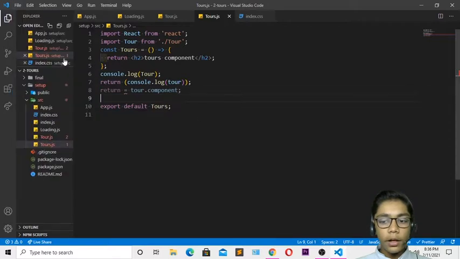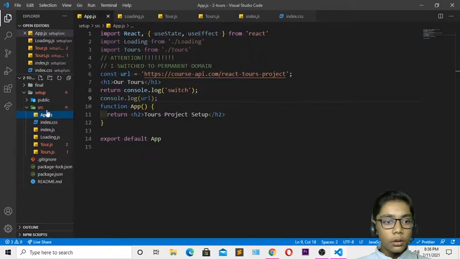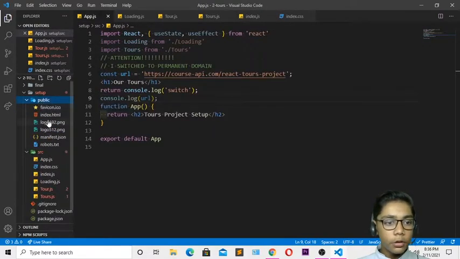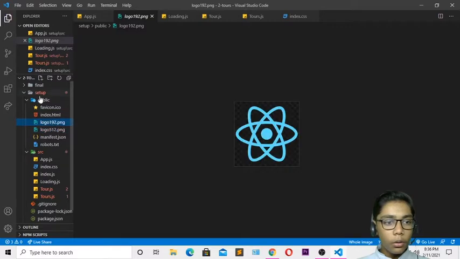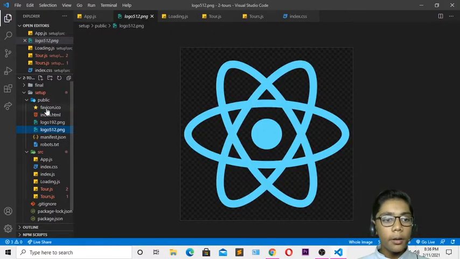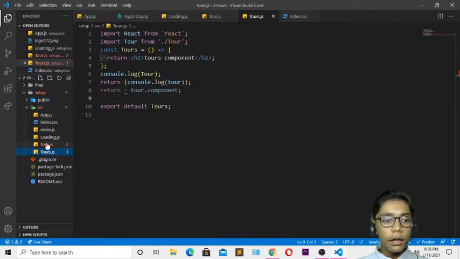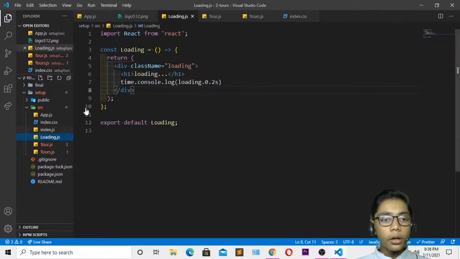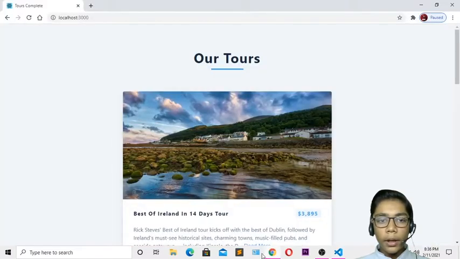You have to hit save over here again, and if I show you, it will be looking really beautiful because now we have linked with our images. If I show you, just go to your file, and you can see that we are getting our logo of React.js which we are getting in the starting. So if you want to delete that, you can delete it because we don't need all these things in our work. Okay, so over here you can see we are also getting a loading file. So now if I show you in the Google Chrome, hit save over here now, and just go to Google Chrome and you have to do one thing.